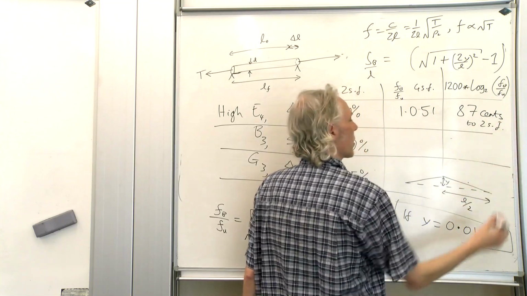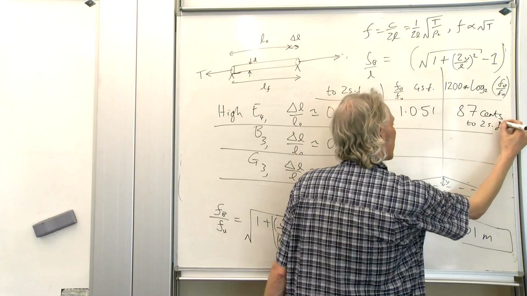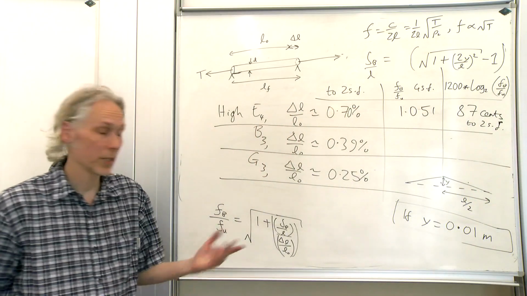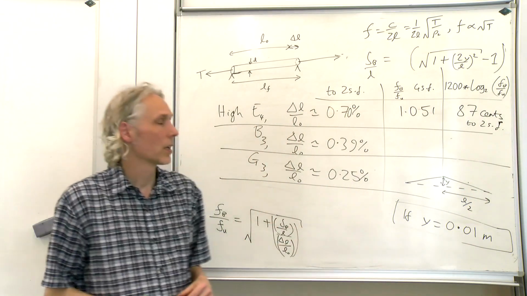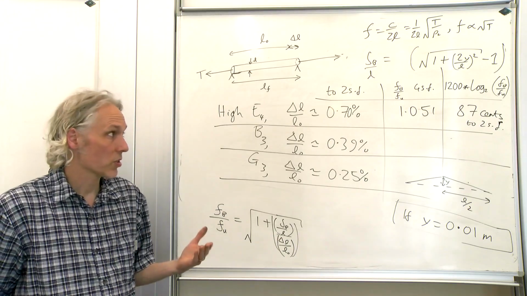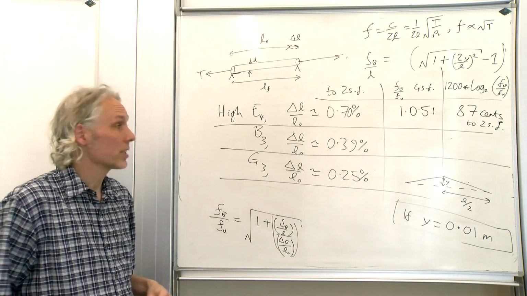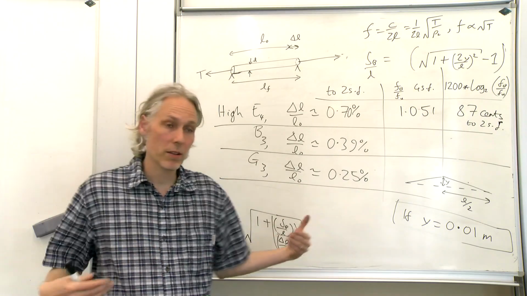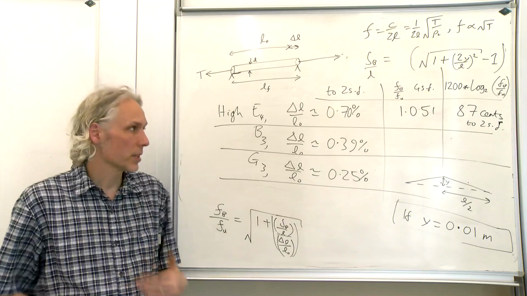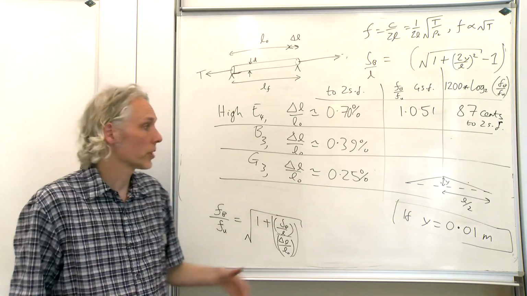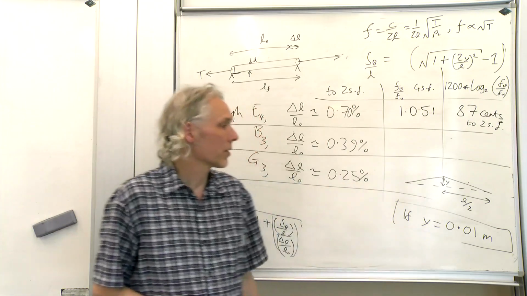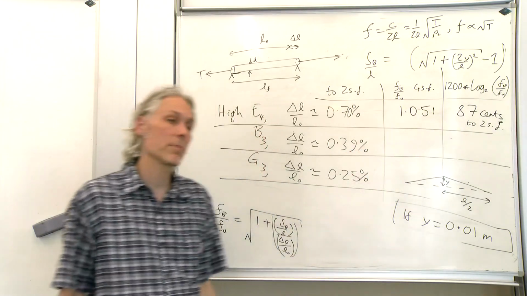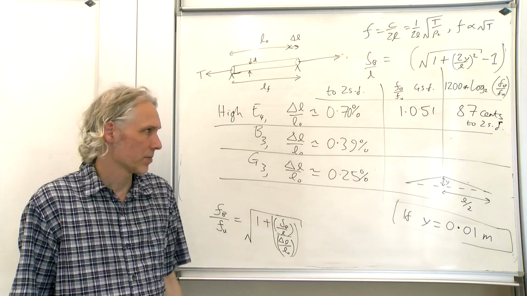Okay, so that's how much the pitch changes for the high E string when you pull it to the side by 10 millimeters or 1 centimeter. This is something which doesn't change for different gauges of high E string. If the high E string is thicker, like 13, it's going to take more force to move it away from equilibrium by 10 millimeters, but you're going to get the same change in pitch of 87 cents.